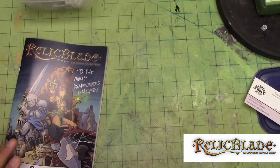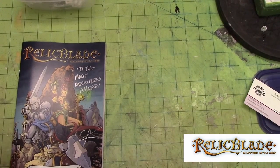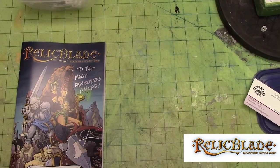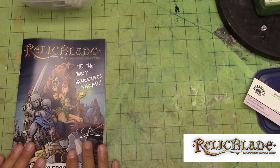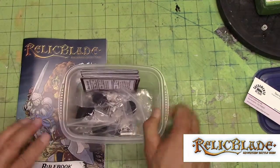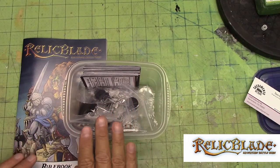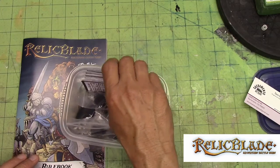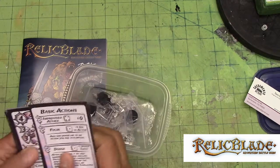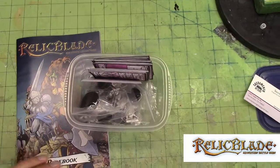I went down there and met with them, and we talked. I said, oh yeah, I'm the one that backed your thing, and we went back and forth. He said, here's your stuff right away. So he gave me a rule book, and he gave me a bunch of miniatures. I printed the cards out. The next day he sent me a PDF, because he didn't have the cards published yet. I ran it quickly through my printer, and it turned out not too good. So I just changed all the ink